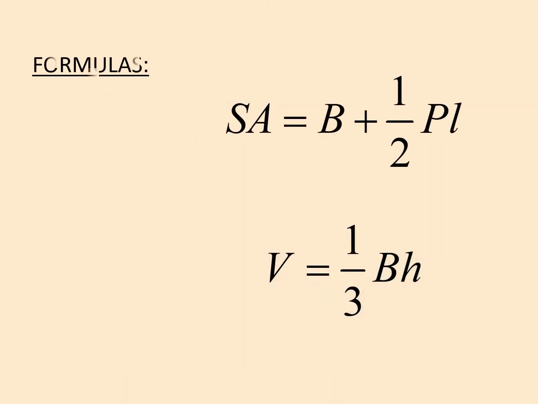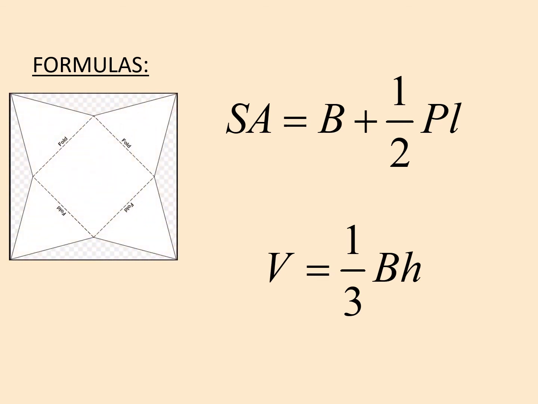All right, so when we have our pyramids, we have two new formulas, okay? So we have the surface area and volume, just like we have with our other two shapes we've talked about. Surface area, volume. Okay, so we're going to want to talk about both, but before we can use these formulas, we're going to have to break down what they mean. So just like in the other ones, let's give a definition to every different letter we see. So big B, just like in our prisms, is going to stand for the area of the base. And unlike our prisms, there's only one B,